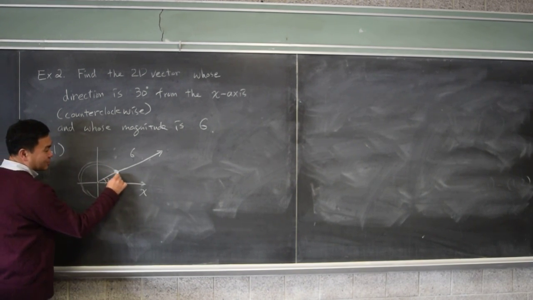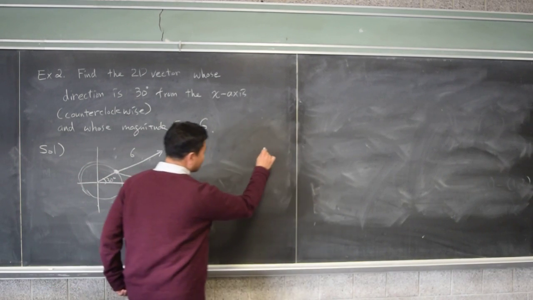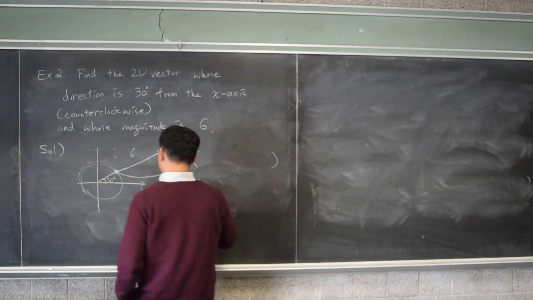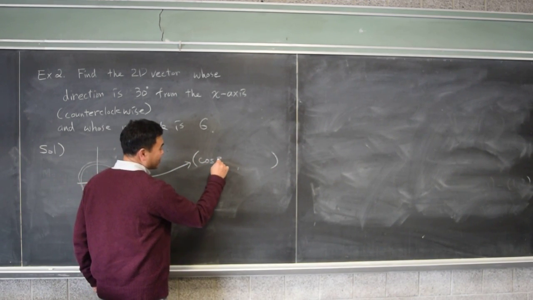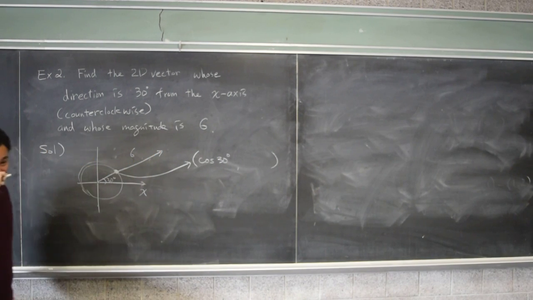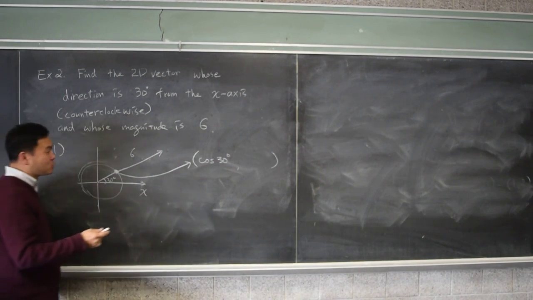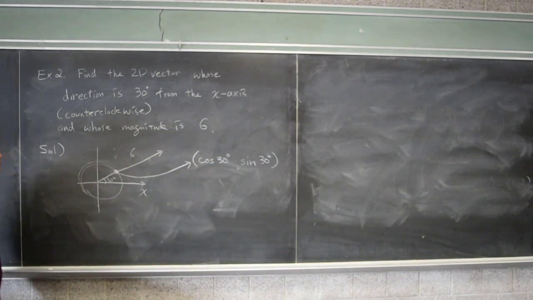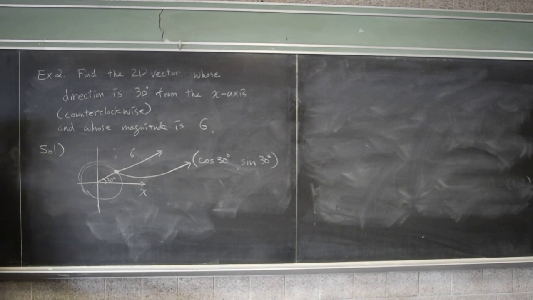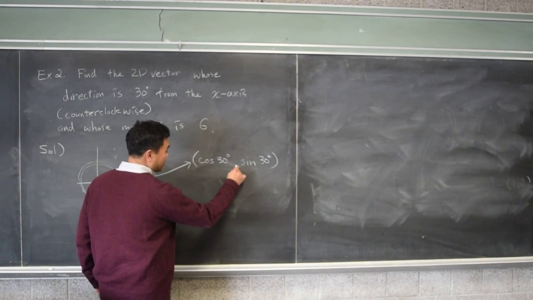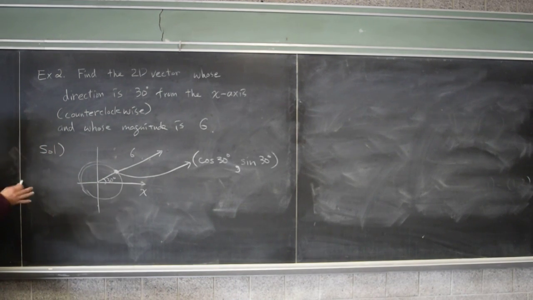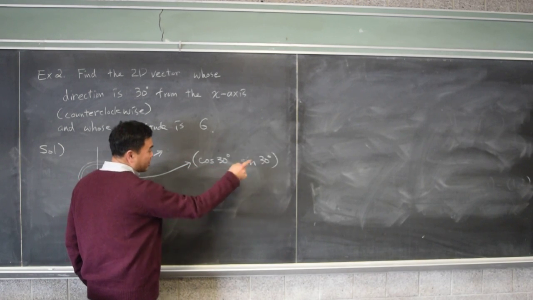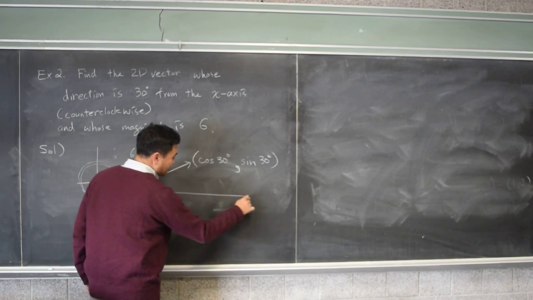What's the coordinate of this? What comma what? All right. It's cosine 30 degrees, comma, sine 30 degrees, right? We all know that from pre-calculus when we first learned trigonometric functions on the unit circle. This is what we learned. Now you need to remember what cosine 30 and sine 30 degrees is. And let me